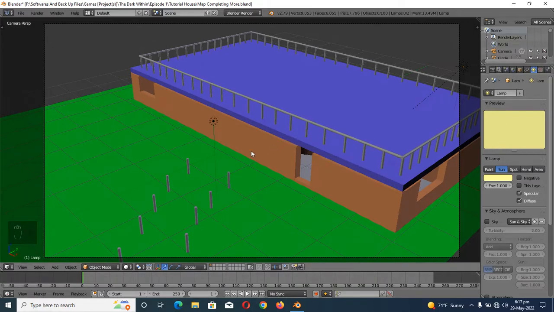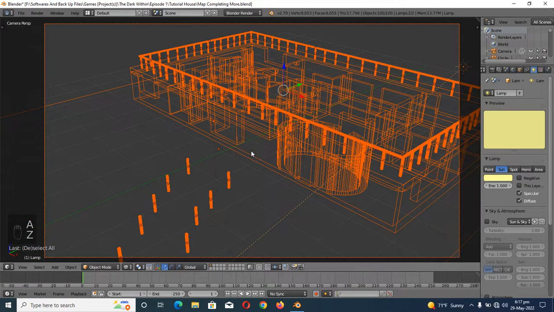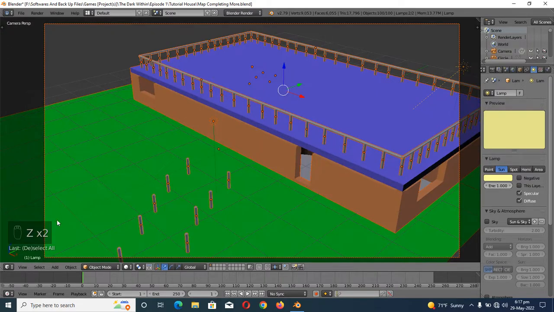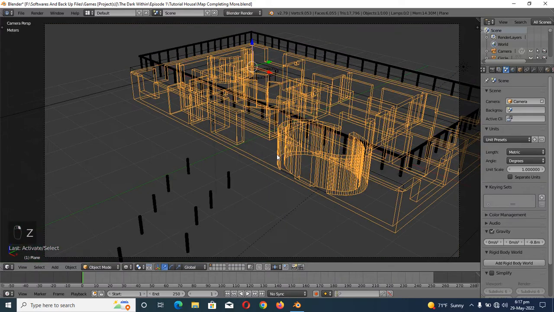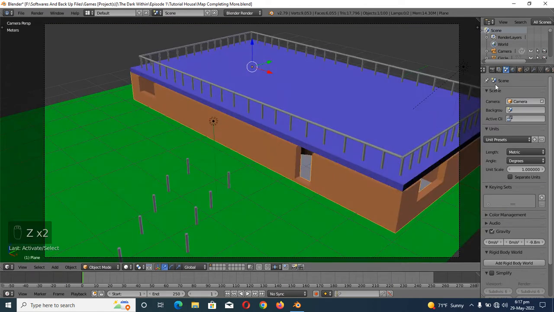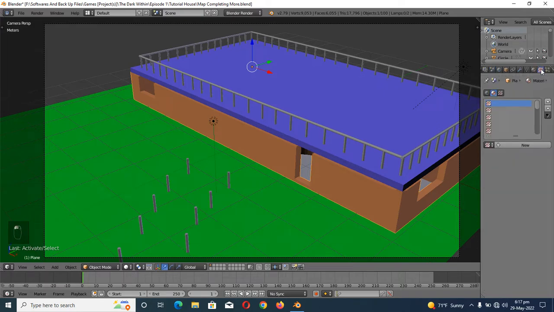Now I'm going to select the whole house by pressing A, as you can see here. Now I'm going to go here and change unit to metric. It will give meters to all our house dimensions. Okay, now I'm going to select this portion of the house, and now I'm going inside the material tab and